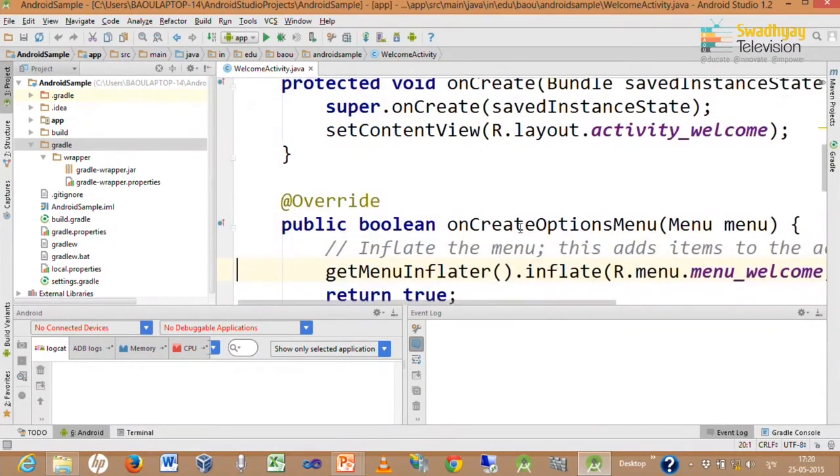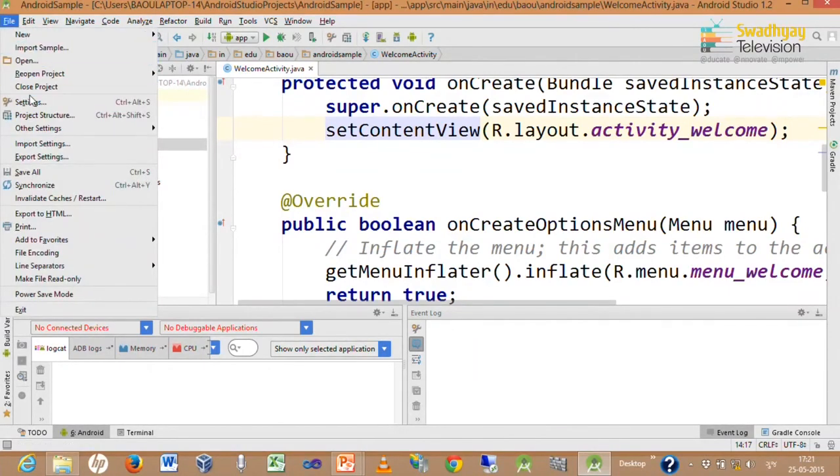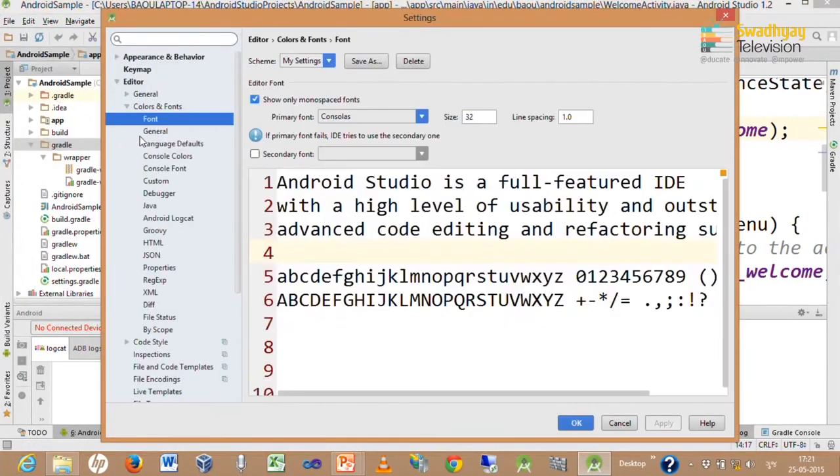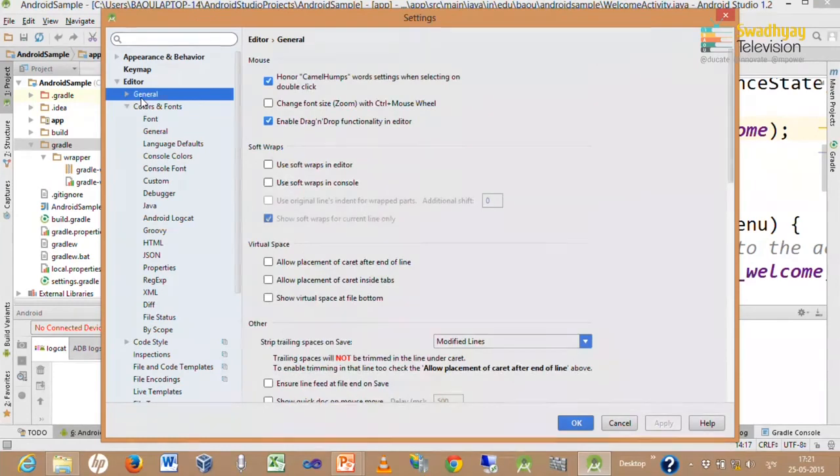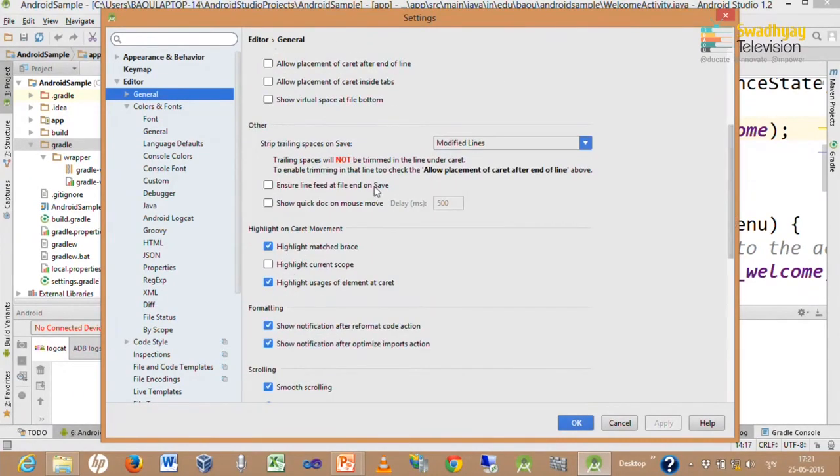Now there is an option for automatically displaying help. Right now I am putting my cursor on the setContentView method, but it does not show any help. So how to get automatic help? For that we have to go to File, then Settings, then General, and inside General there is one option called Show quick doc on mouse move.